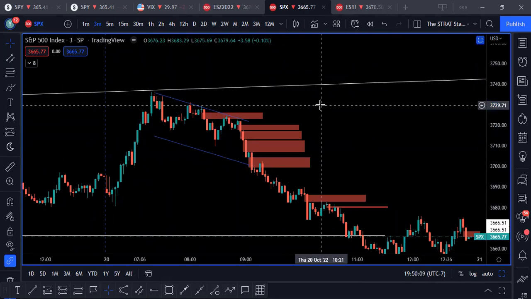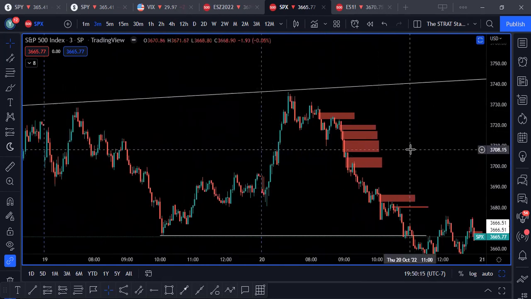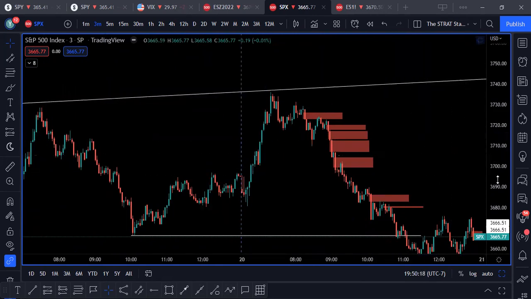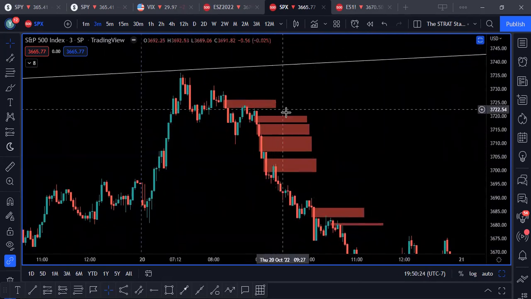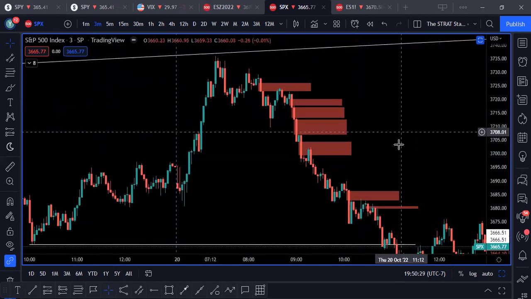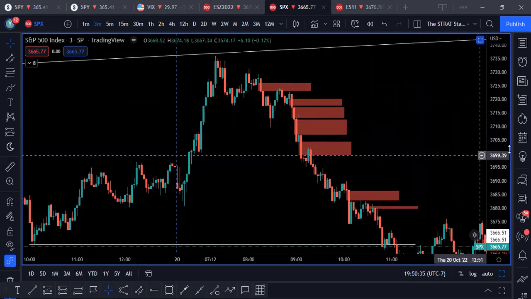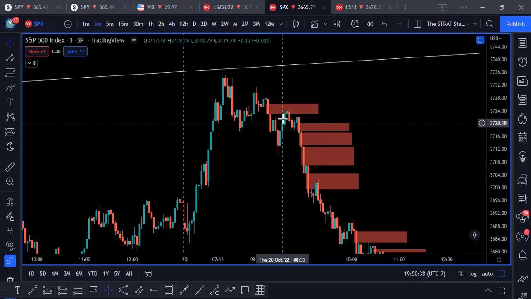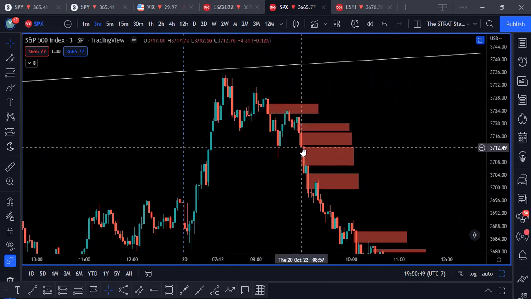Are you looking to the left to see if there's any green fair value gaps that need to be filled as well? That kind of throws me off a little bit sometimes, bro. Yeah, honestly, sometimes you'll get stuck in between two. Yeah, I do. Which is what he talks about, like the balanced price ranges. We had a green one, intraday, on a smaller time frame. But we made a green one, and then we came down and made a red one and came right through it. So that told me, all right, cool, that one just completely got invalidated or mitigated, balanced out. So the market unbalanced and rebalanced instantly.